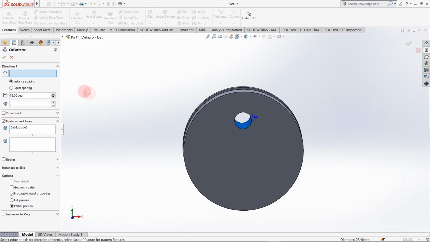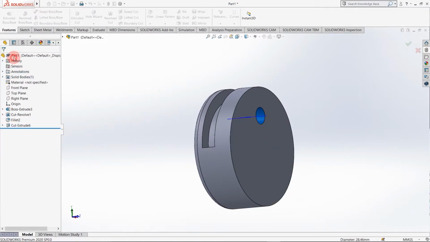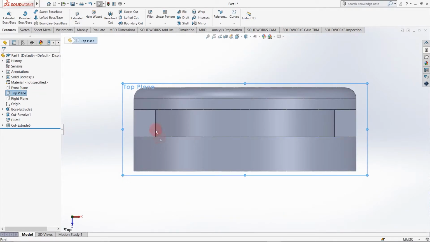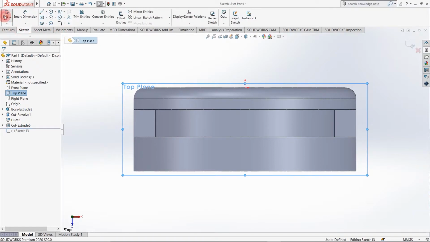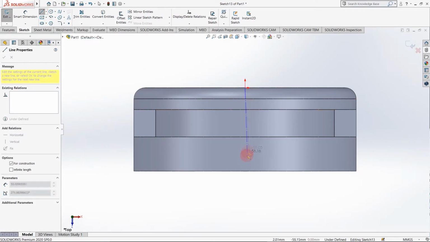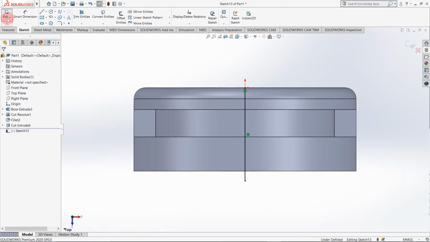First of all I have to create an axis, so I am selecting top plane, Control 8 for sketch mode, sketch, and just sketching a line. Not a center line, selecting a normal line, exit sketch.